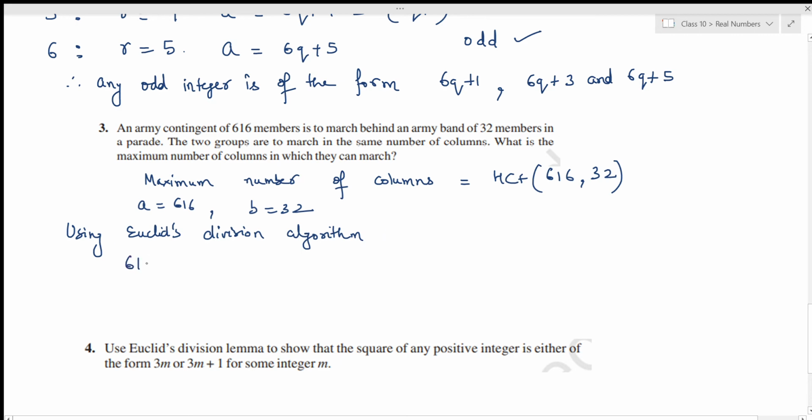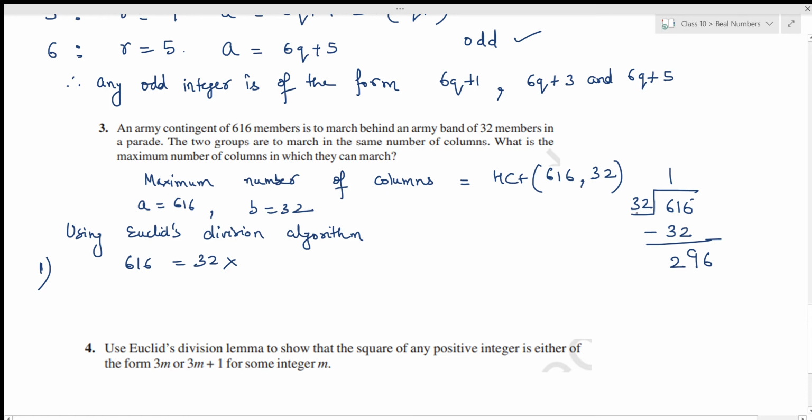So 616, step 1, is equal to 32. I'll divide 616 by 32. This is not rough work. Why am I doing it inside? Because if you do it below, on the side only, it will not be considered rough work. It's fair work to be shown in the steps. So let's divide. It will go 1 only. 32 ones are 32. 11 minus 2 is 9. 5 minus 3 is 2. I'll copy down 6.